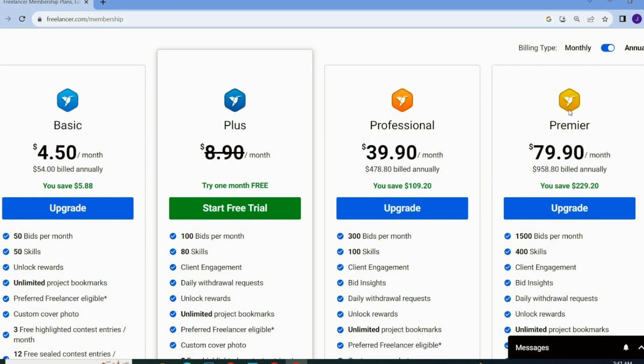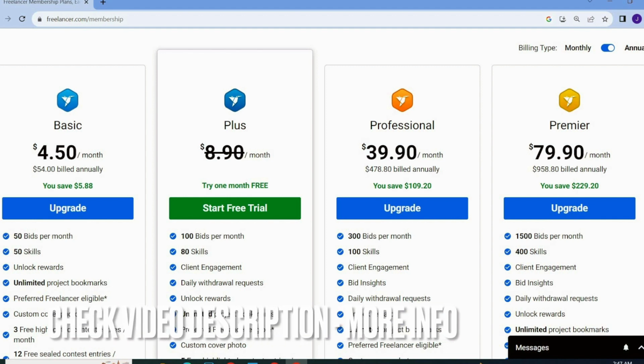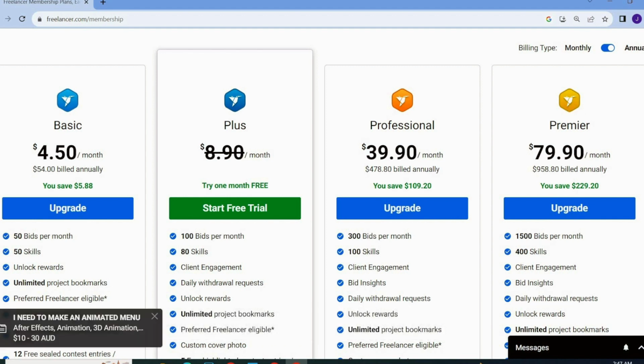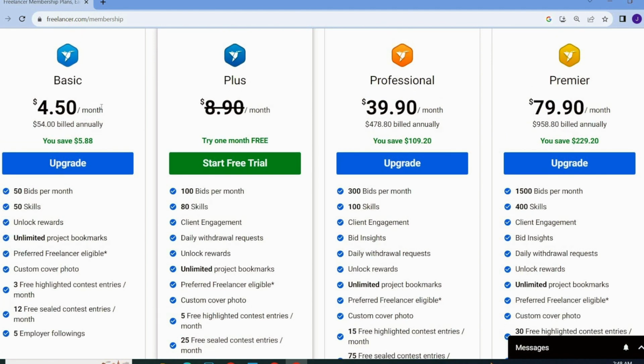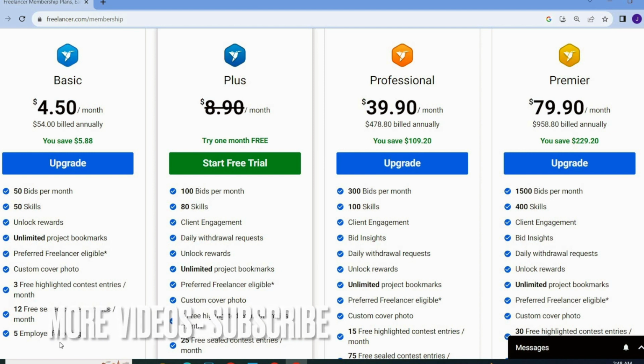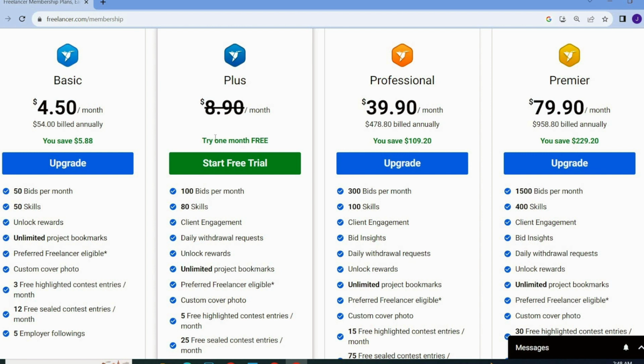These are monthly or annual membership packages, and you can go with the right one which will be convenient for you. So guys, this is the basic package, and in this package you will get 50 bids per month, 50 skills, and all these benefits and features. And if you go with this plus, and this is the free trial, you can get 100 bids per month,